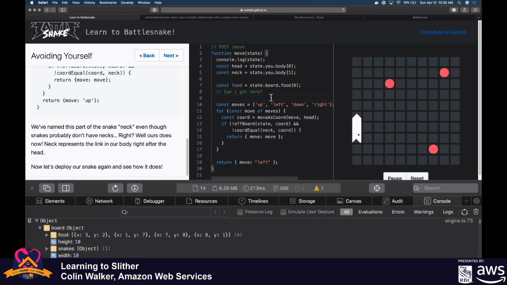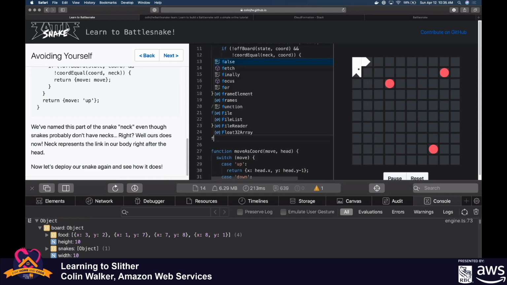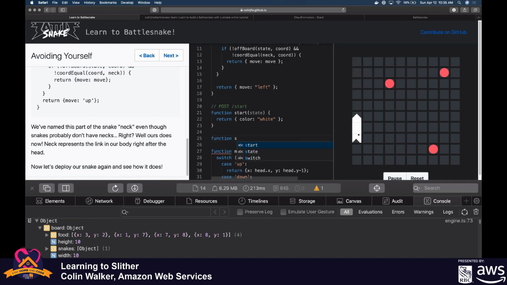I think an interesting way to evolve this is, if you leave line 10 onward and just leave that alone, what you could do is reorder your moves to check moves that are going to move you closer to food first. So the first piece of code is just, here's my preference. I would rather go up than left than down than right, or here's the order of moves that I want to check in. And then I'm just going to go in the first one that's safe based on that order. Yeah, so we could even have